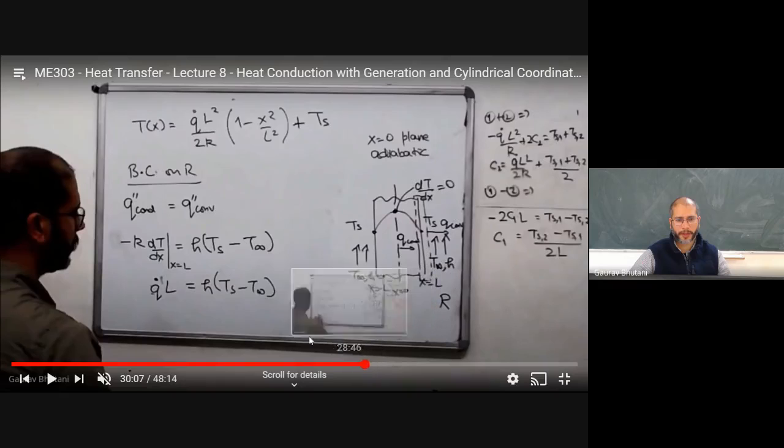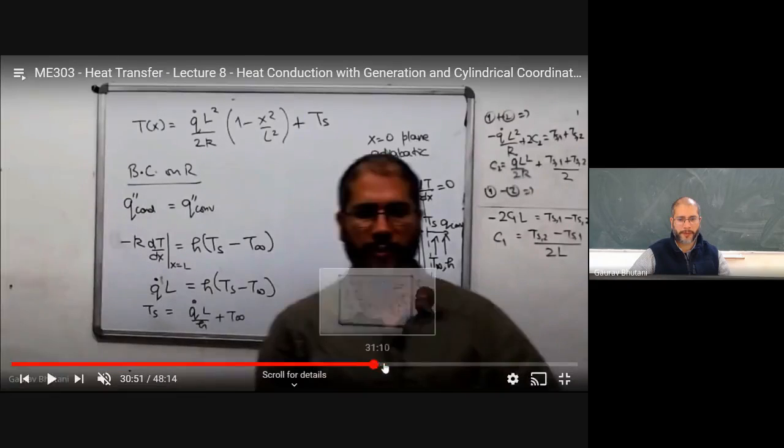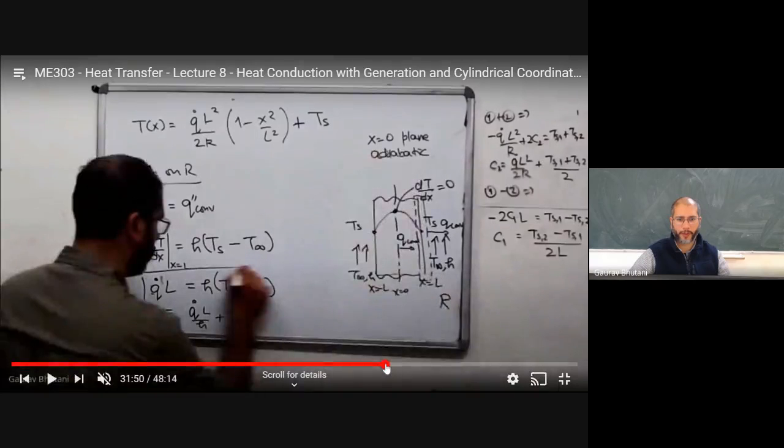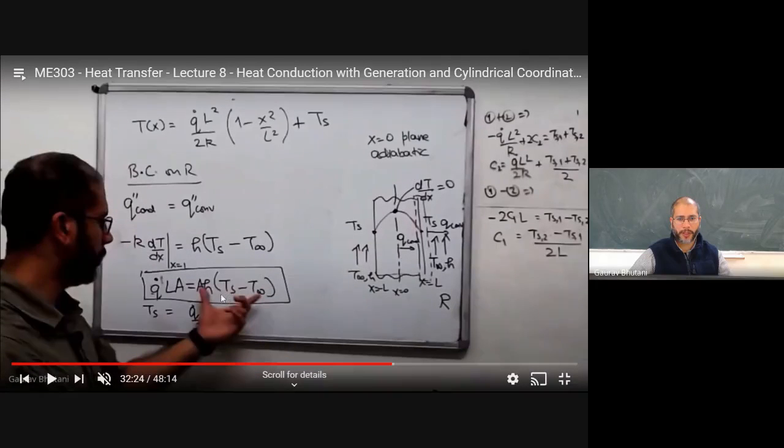And then I showed you towards the end, by using an energy balance at the surface, that the amount of heat generated in the second half of the domain was equal to the amount that leaves because of convection from the surface. So this was just to reinforce the energy balance ideas.